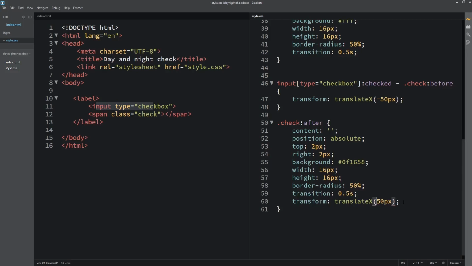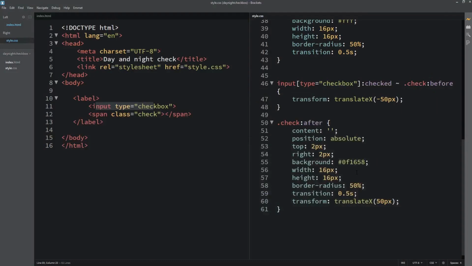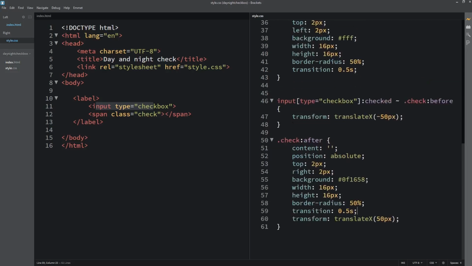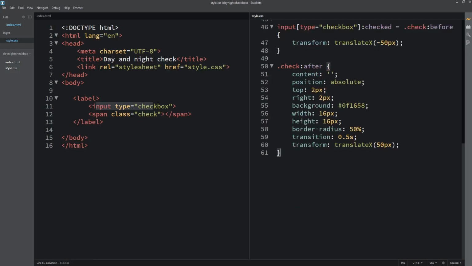Alright. So we'll see. Let's see. Go back. Click. What did they do wrong? Wait, 16 pixel, better. Oh, we'll carry on. Go back to the state again. So we'll come here, input check after. Then this translate X now, we'll just change it to 0. It's supposed to work like this now.